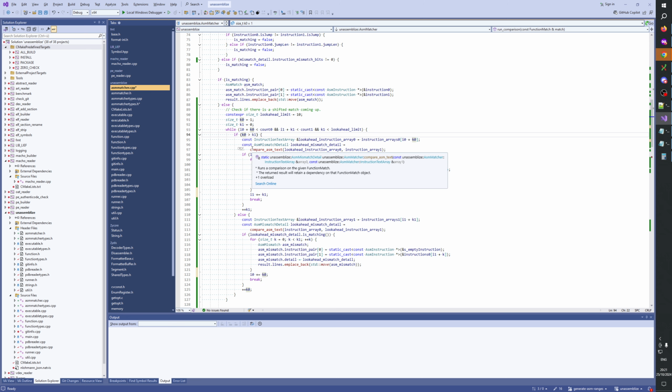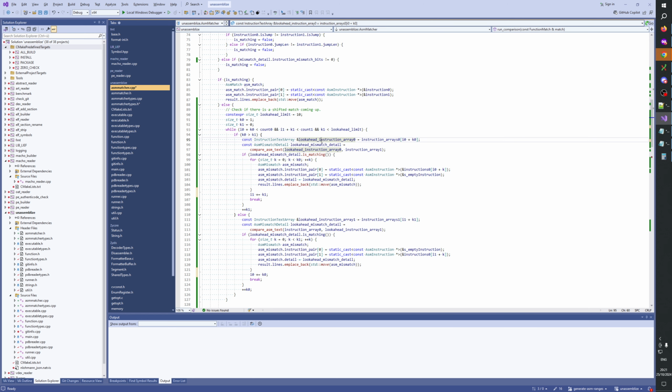Okay, so left side is bigger than right side. Left side is bigger than right side. So that's why we compare left side, look ahead left with base right side. And here the other way around. Base left with look ahead right side. Okay. And if there is a match with look ahead right side, then